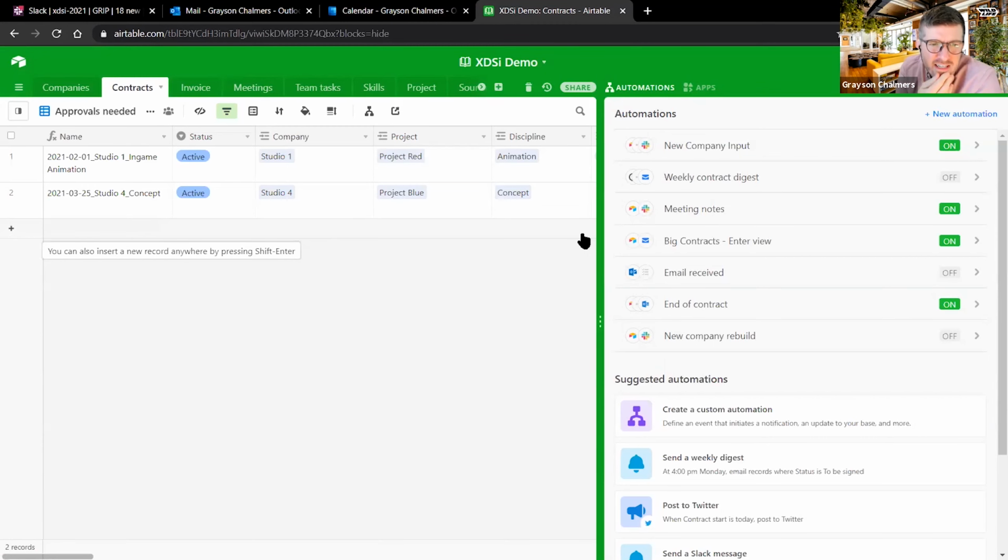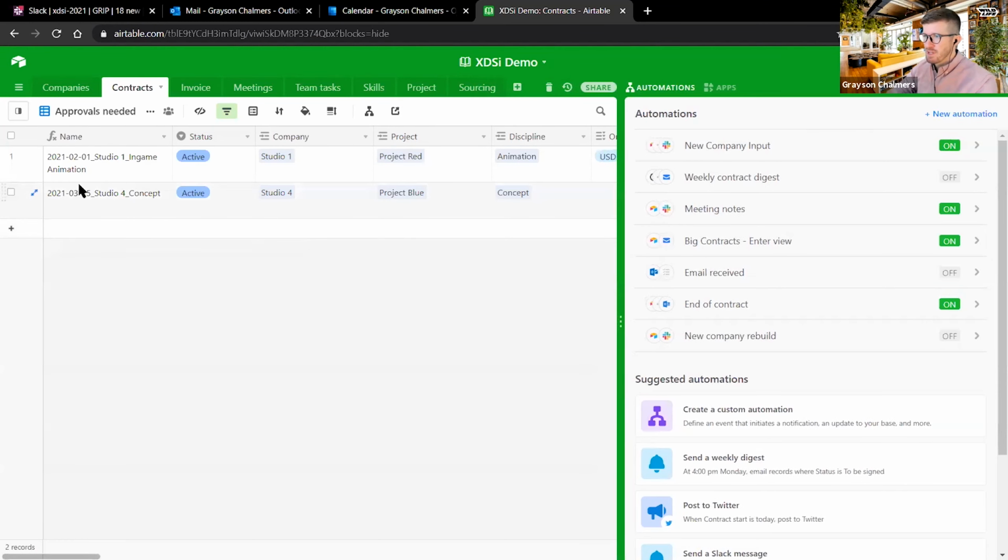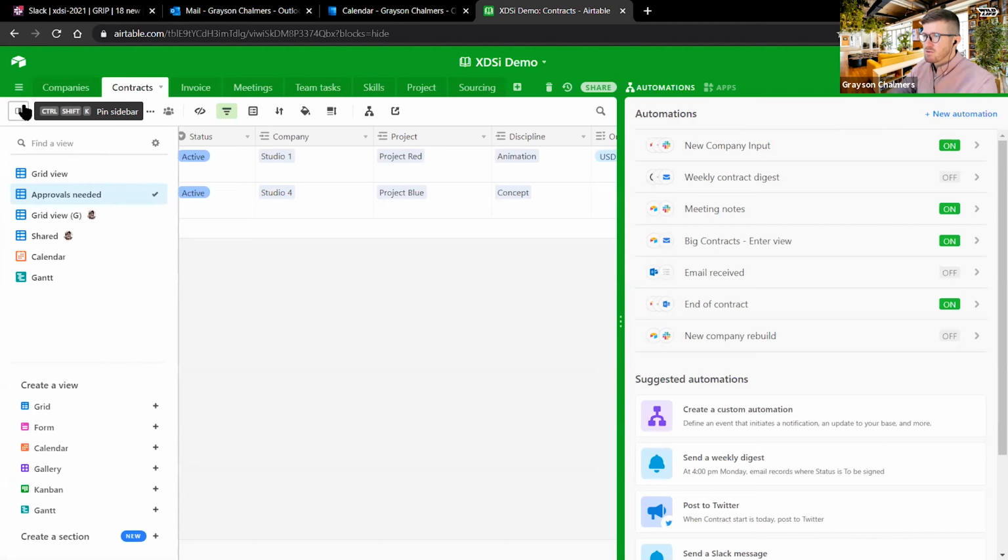Philip Denison had a question. Is it easy to limit visibility of certain fields to all but a subset of viewers and users? Yes, this is actually another one of my favorite things that Airtable can do. So let's say